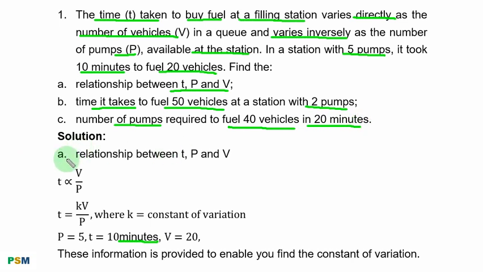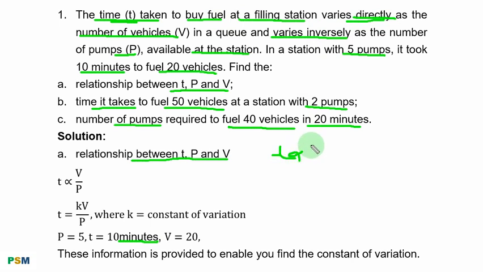A part of the question: relationship between T, P, and V. From the first statement, the time T to buy fuel at a filling station varies directly as the number of vehicles. If you are to interpret that separately, you have T